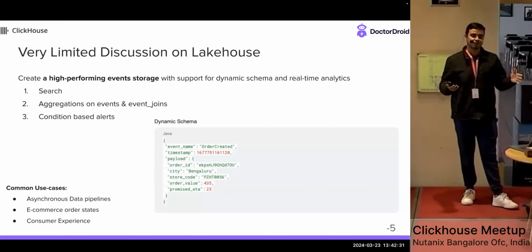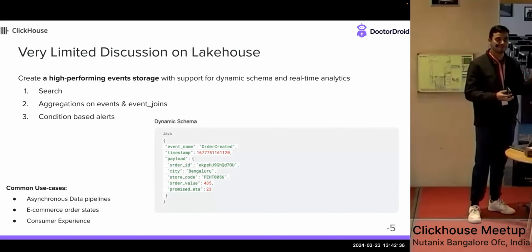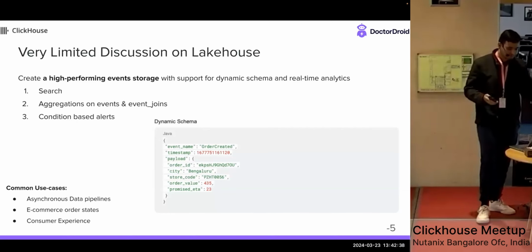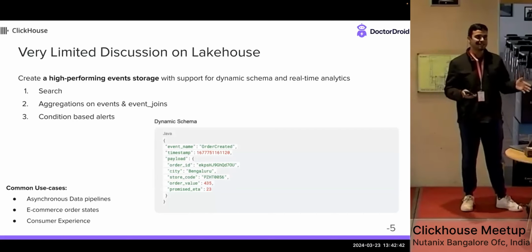So a combination of that is really hard to pull off with one tool. And that's the product that we've built out, and I'll walk you through how it works. Before that, a common use case that we've seen companies use us for is, let's say you have a business